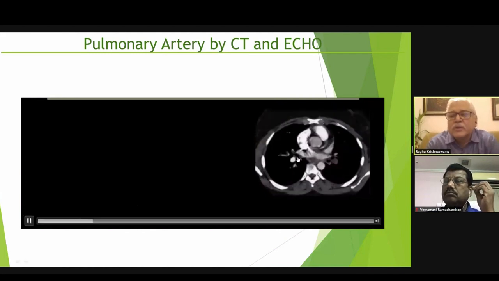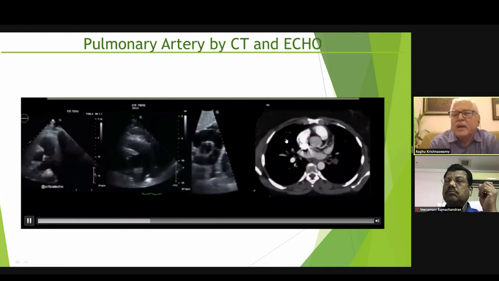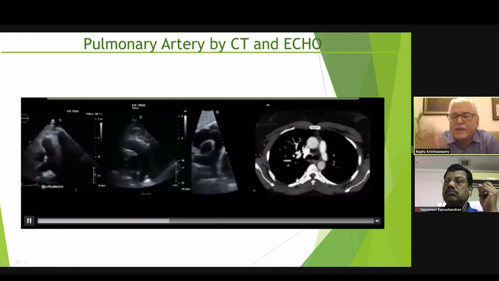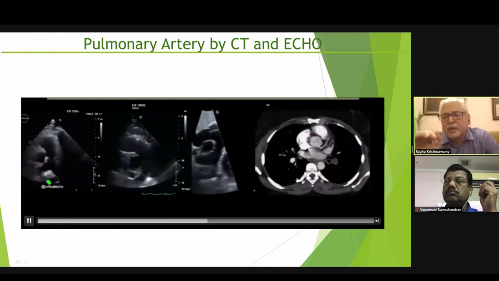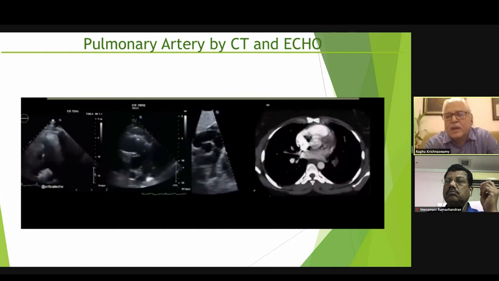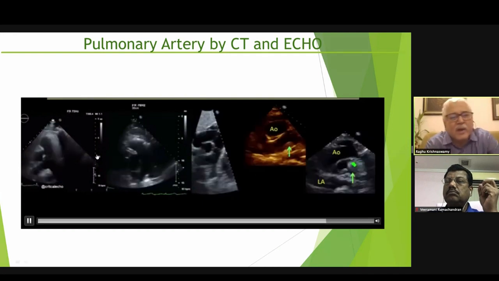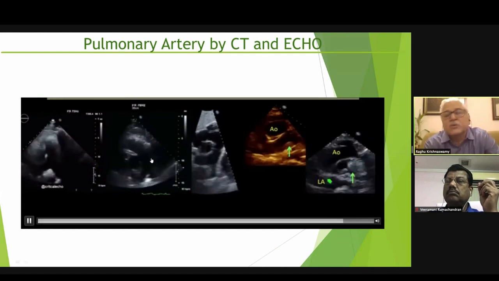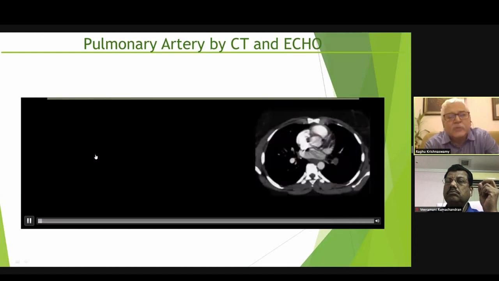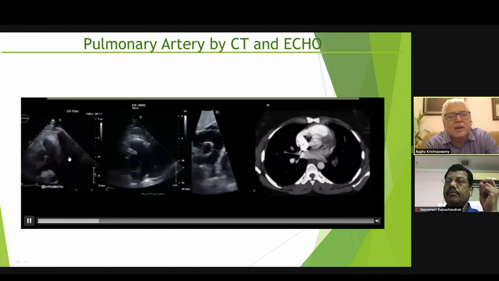I've included this to show you that CT shows the entire pulmonary anatomy beautifully, and that is one of its greatest attributes. So if you have a CT, there is nothing like that to diagnose, and then the role of echocardiography is reversed. But if you see the echocardiography, you can get some ideas, as I have shown in 2 of my cases. You can look at the pulmonary artery, as you can see in these images.